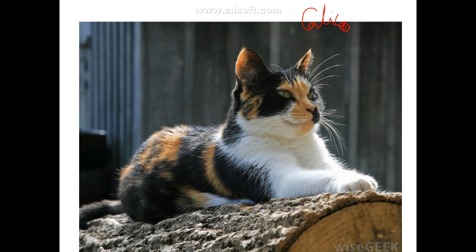One point you have to remember, whenever calico comes to your mind, is that calico cats are always female. Most of you have observed this type of cat. You can see this cat is a combination of orange and black fur, and some white. We will take this cat as an example and study why it is called a calico cat and what its importance is.